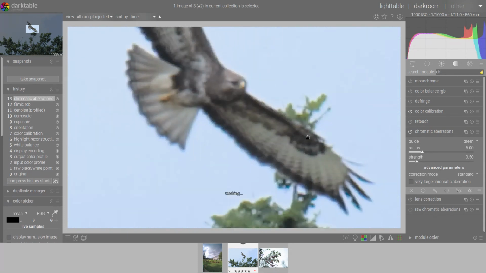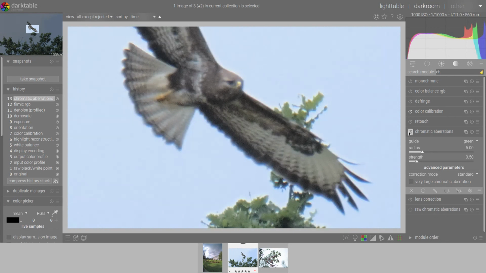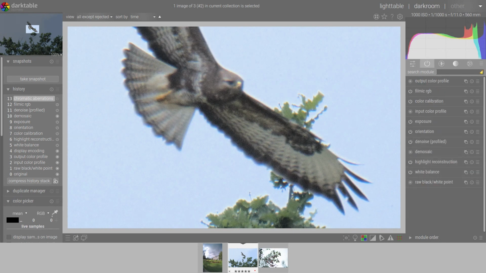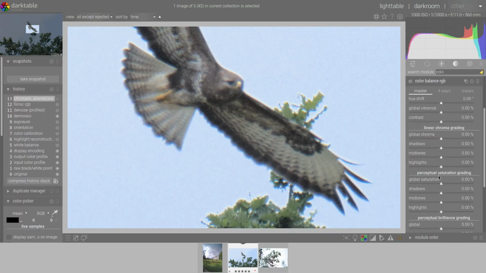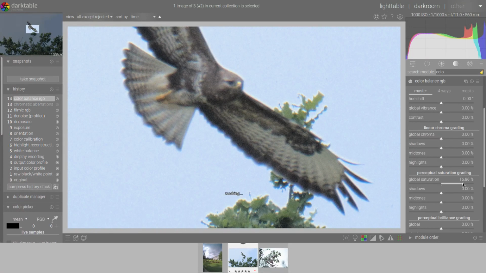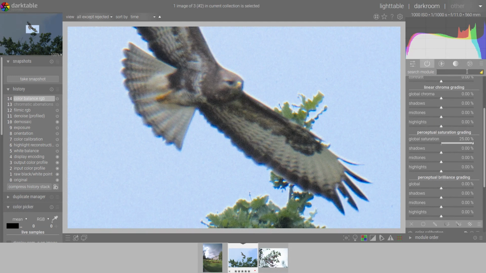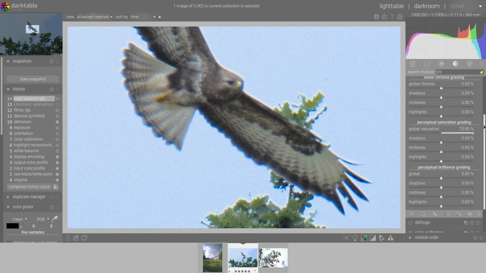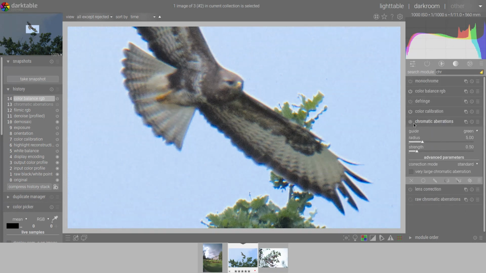I'll enable the module, maybe just to better see what I do. I will increase the saturation to better see the chromatic aberrations. Okay, I can go back to my module,